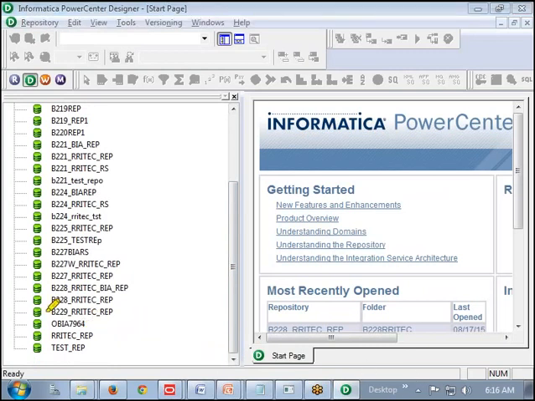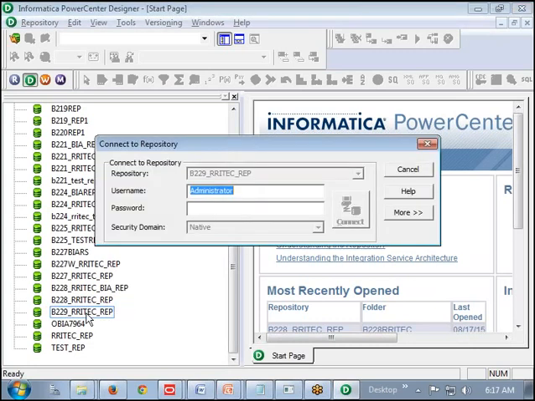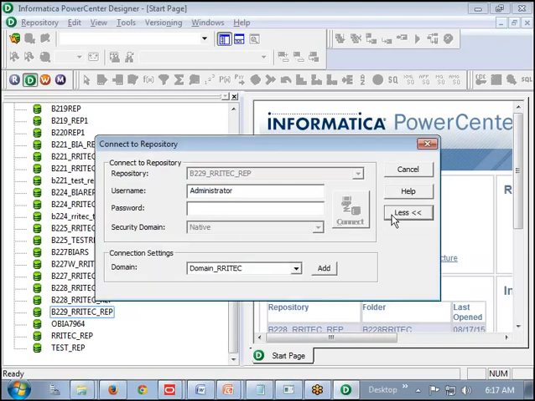I hope you remembered your repository, right? This is our repository. Try to connect to our repository. Whenever you are connecting in a live environment, always expand the more button here and confirm which domain you are connecting to, the development domain or the testing domain.